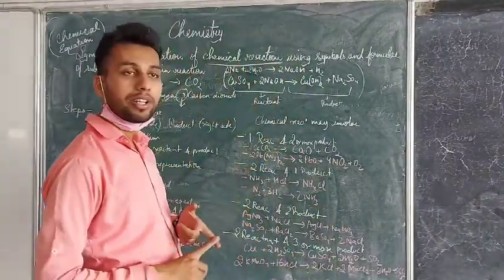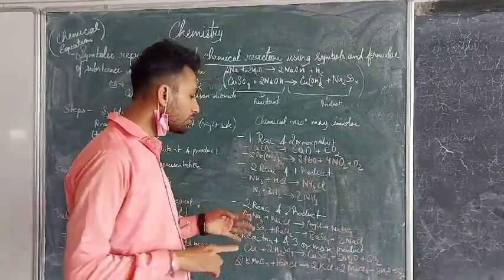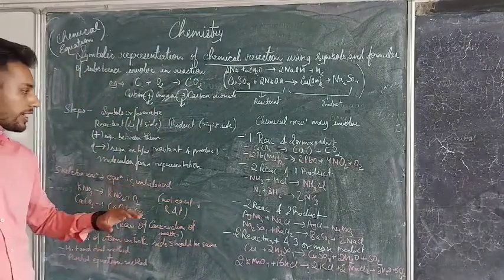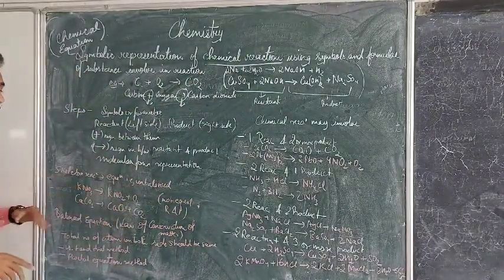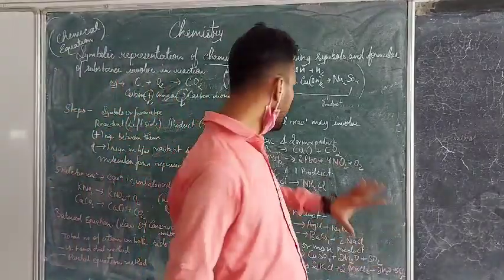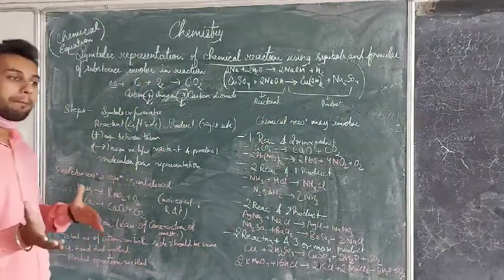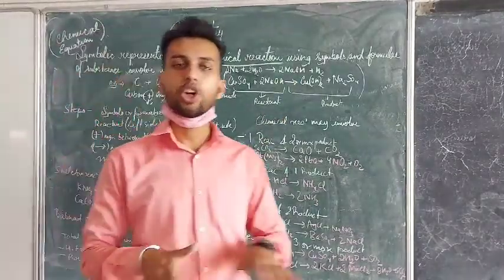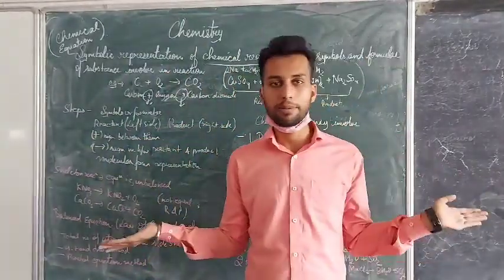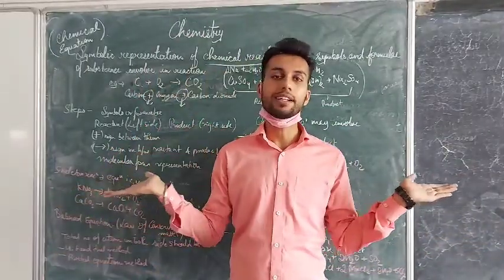These are the examples: one reactant and two products, two reactants and one product, two reactants and two products, as well as two reactants and three or more products. Now coming to the skeletal reaction, what do we understand by the skeletal reaction? A skeletal reaction means that a particular chemical equation is given, but it is unbalanced. On the reactant side some atoms are present and on the product side some atoms are present, but they are not balanced. An equal number of atoms is not there on the reactant and product side.